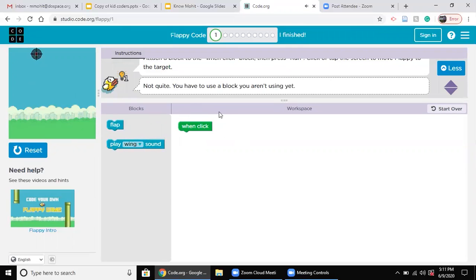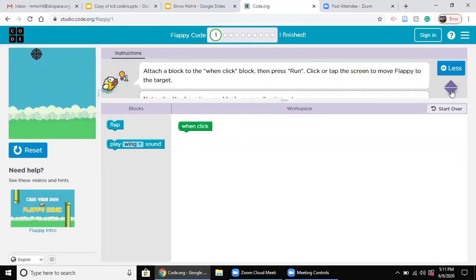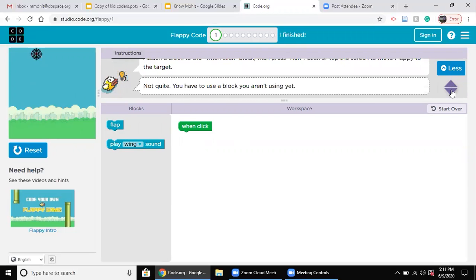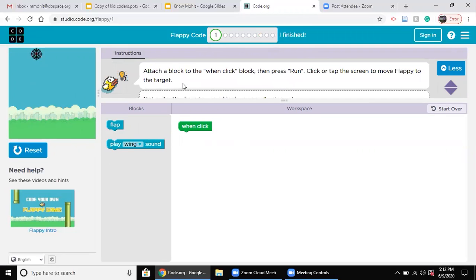The other part is very important, which has the instructions set here. So you can go and see all the instructions for what to do in a specific puzzle out of these 10 puzzles. We are on number one now, and we're going to start. Our instruction set says, attach a block to the when click block, then press run to see if Flappy moves to the target. So I'm going to click on flap here, take the flap, and if I want a sound,